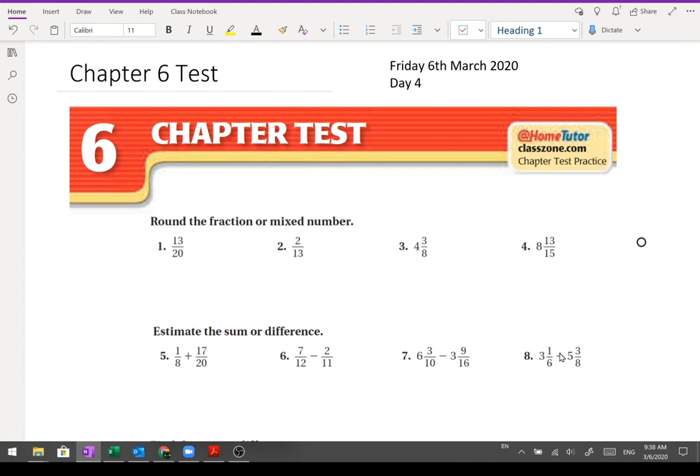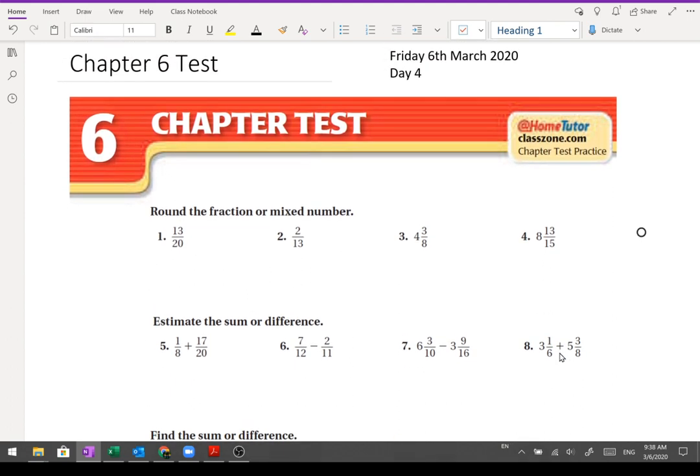So, first of all, the first four questions are rounding the fractions or mixed numbers. This will be fairly simple. So the first one, 10 over 20, is approximately half straight away. And then the second one, 2 over 13, that's very small, so I'd say that's approximately 0. 4 and 3/8 is very close to 4.5, so I would say it's 4.5. And then the last one, 8 and 13 out of 15, is closer to the next number,